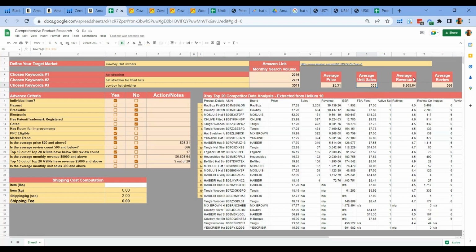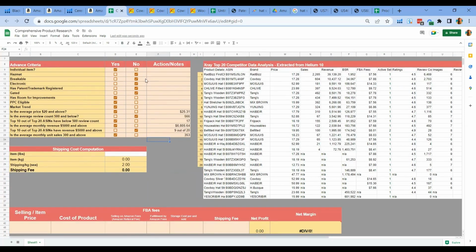And with regards to revenue as well, we do have 17 out of our top 20 competitors that have less than 500 reviews, and 9 out of 20 of our top competitors that have 5,000 revenue and above. Okay, so I will put here yes, and then put the 353.